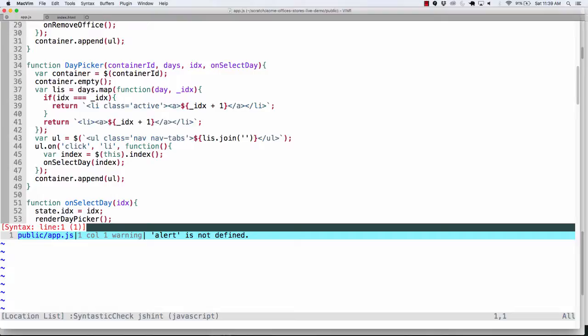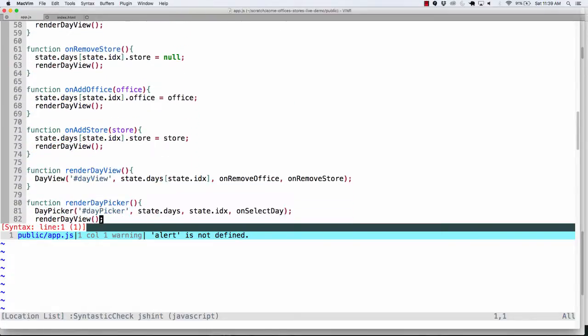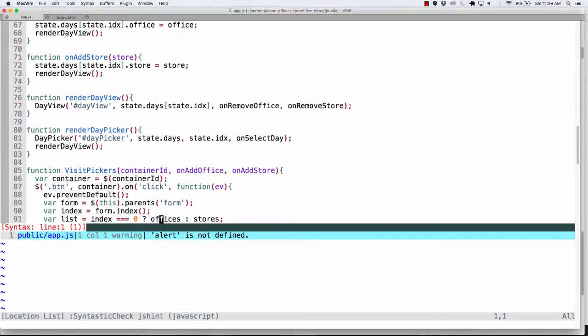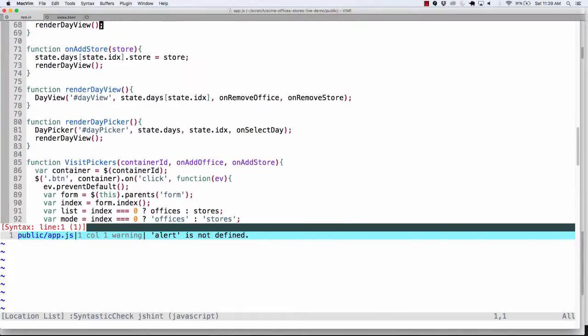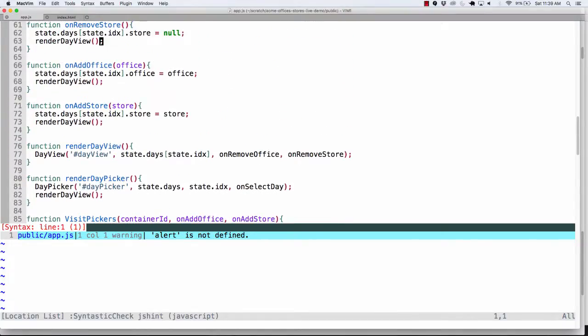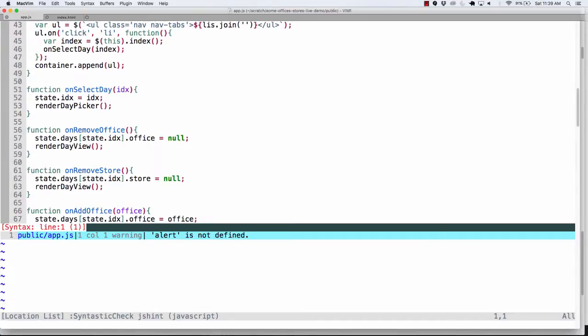No logic that's in here, but again, if something interesting is going to happen, I pass in some function, like here on my visit pickers, I pass in on add office. And when in fact I'm on an office, I call on add office with the office. And what this allows me to do is that anything that's happening with anything related to my state,